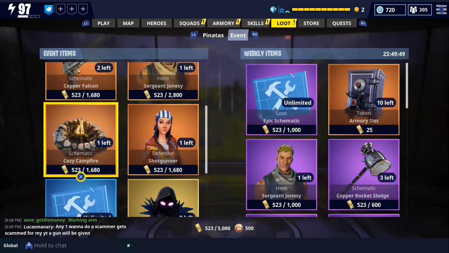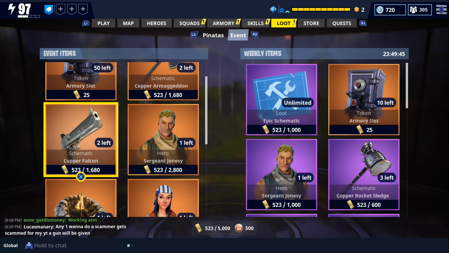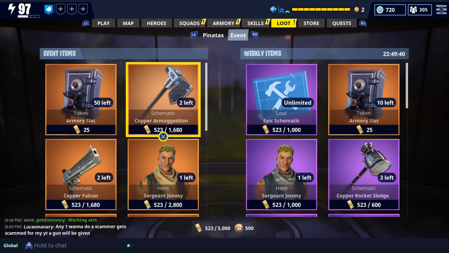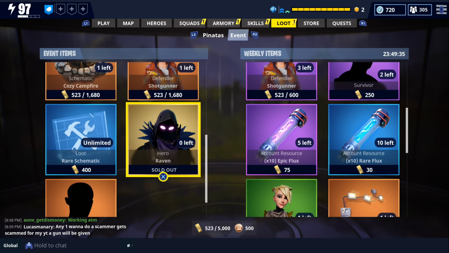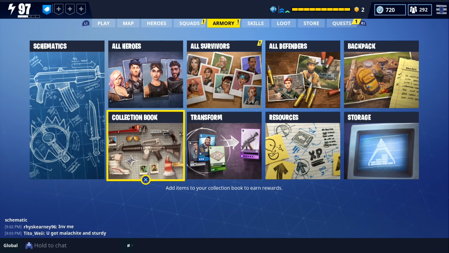There's also a Legendary Survivor, Cozy Campfire, Legendary Shotgunner, Sergeant Jonesy, Copper Falcon, and there was 100 armory slots, as well as an Armageddon. And there's nothing new in the weekly section, so that sums up everything that's in the event store. Now we're going to go ahead and take a look at all of the Shadow Ops heroes,